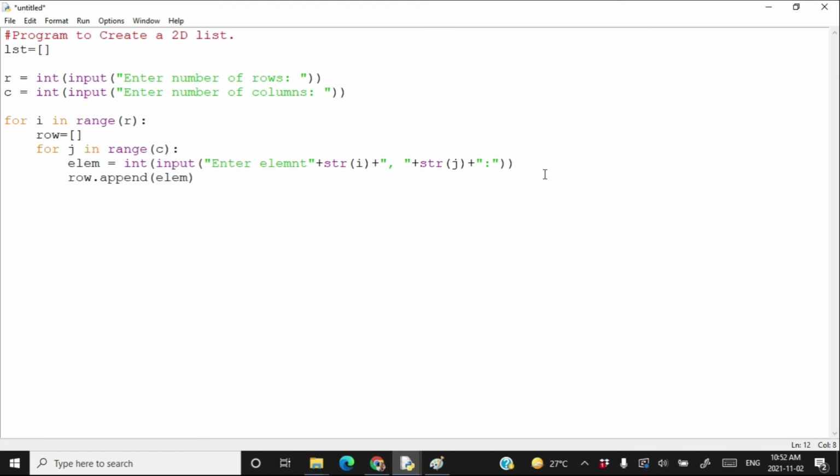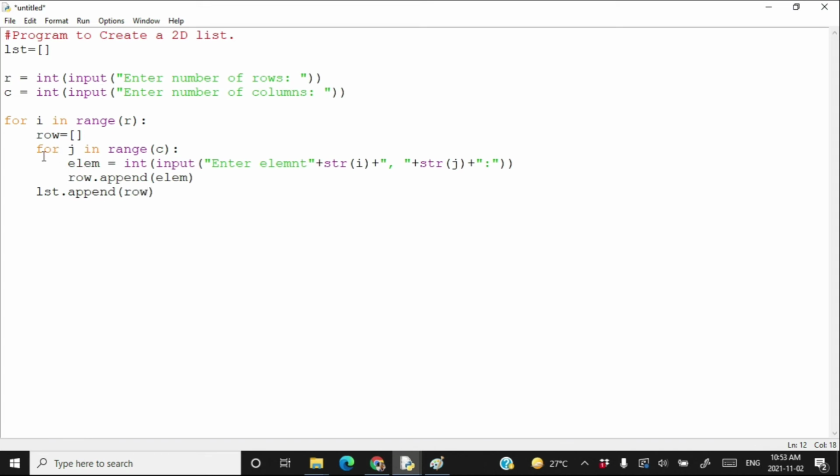Whenever you are done appending the elements in the row, you write lst.append(row).